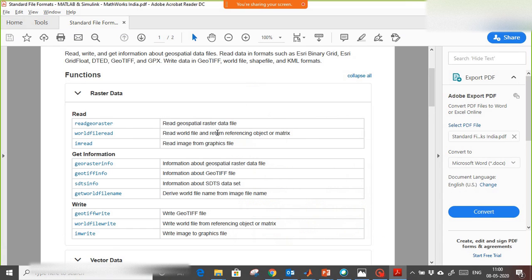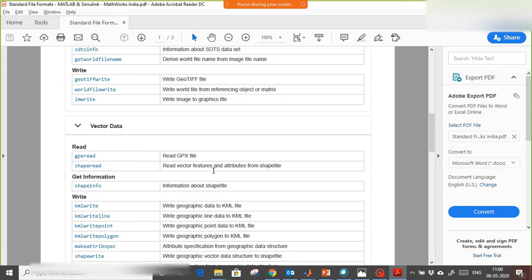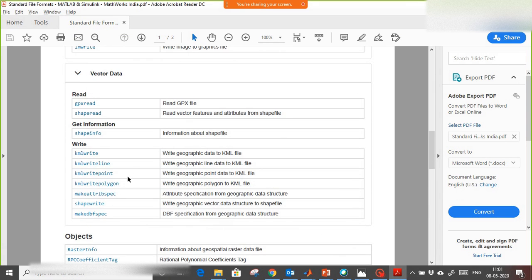And here again you can see this is the PDF from MATLAB. So if I click on any function, like if I have GPS type of data, I use gpxread. If I have